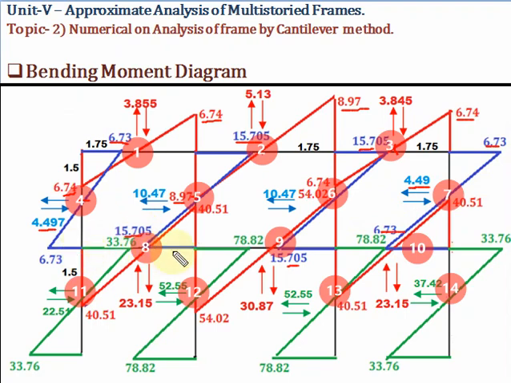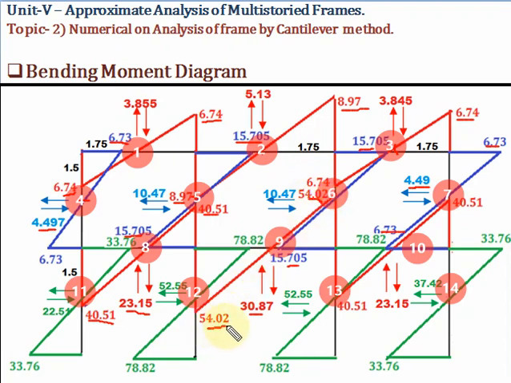Now this is the horizontal member. So here we will consider which member now? Vertical member. So V8. What is the value of V8? 23.15 into the distance 1.75. So what value are we getting? 40.51. Now here is node number 9. So this is V9 force. So V9 into 1.75. So what force are we getting?